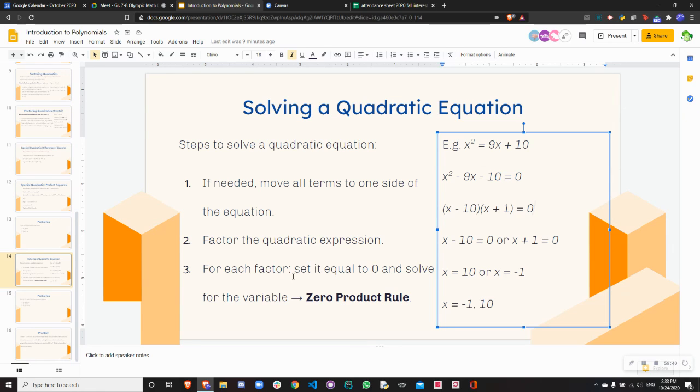Now for step 3, we set each of these factors equal to 0. So x minus 10 equals 0, or x plus 1 equals 0. When one of those equals 0, then the entire thing is equal to 0, and you don't have to care about what the other term is equal to. So if you solve these small equations, you get x is equal to